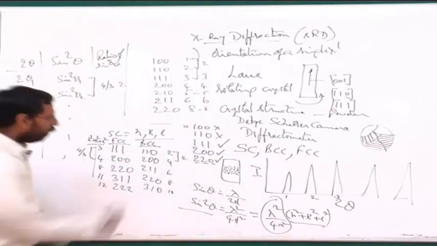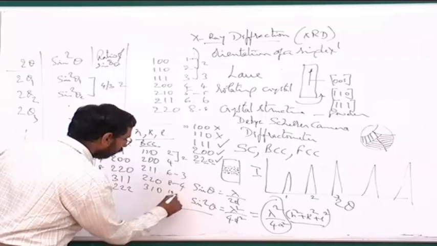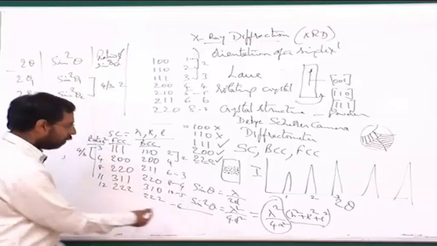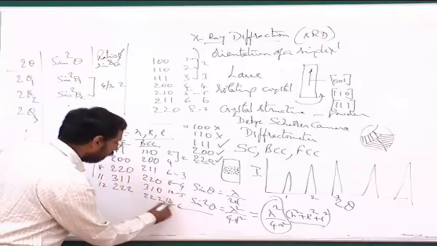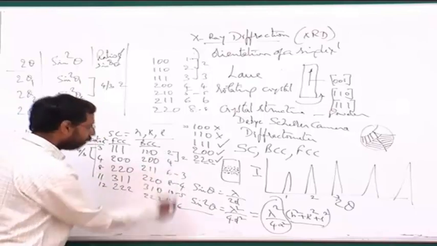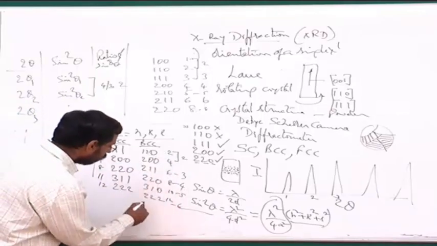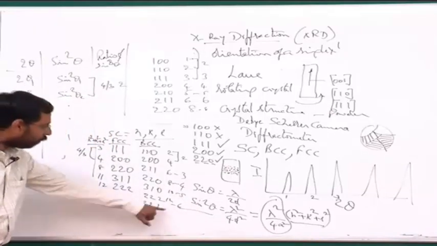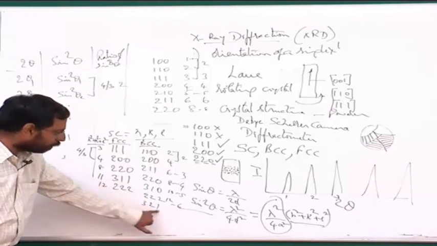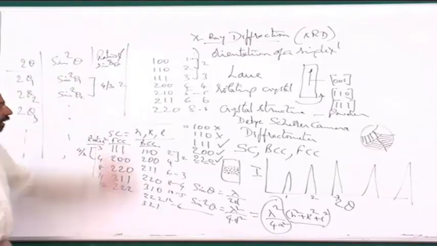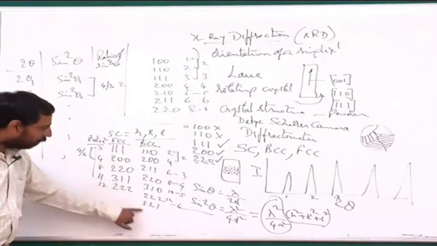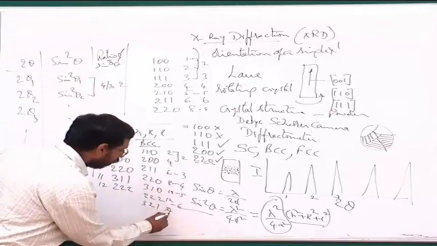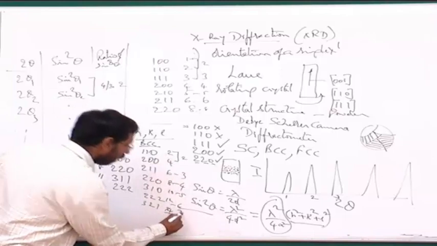Whereas here, if I continue the ratios, this is 3, this is 4, this is 5, and the next one will be 2, 2, 0, which is 8, and so the ratio is 8 to 2, which is 4. Then the next one is 3, 2, 1, which is 14, and the summation is always even, you can see 3 plus 2 plus 1 is even. That means BCC is the one where this should be even, so this is also possible. If I take the squares, 9 plus 4 plus 1 is 14, and the ratio of this to this is 7.